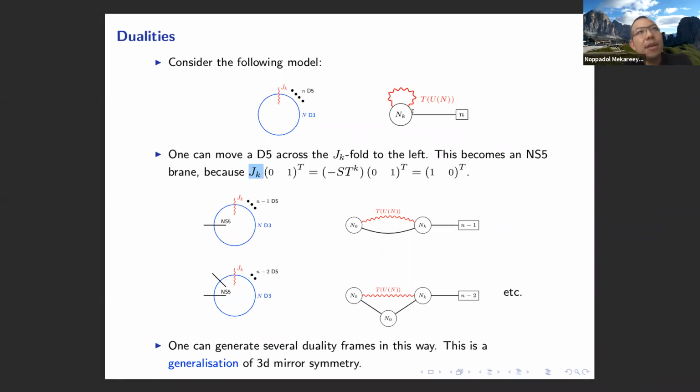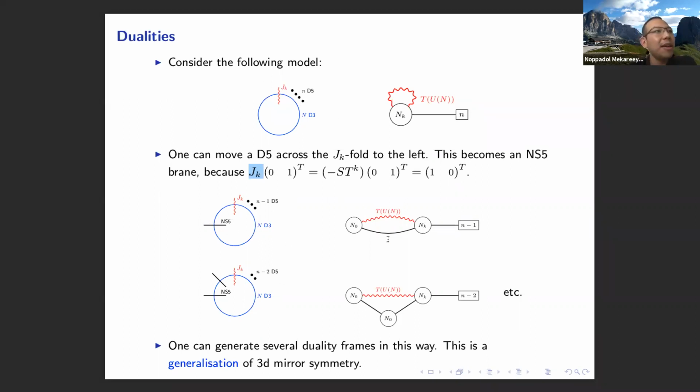This is not adjoint matter; you should look at it as an SCFT with U(N) times U(N), and you commonly gauge the U(N). This is why the two symmetries are commonly gauged. And you can see that the level K is given according to this JK action. Once you move the D5 brane across this, it becomes